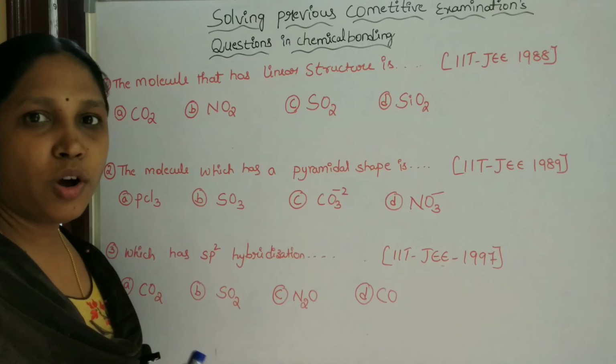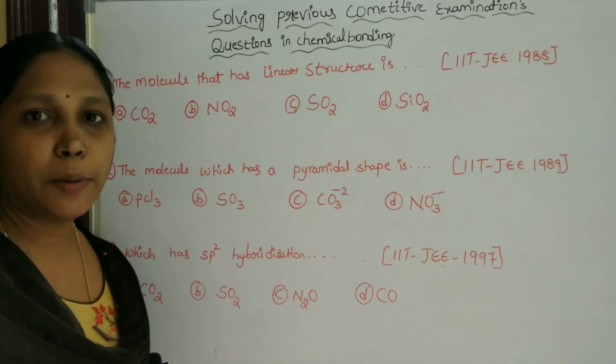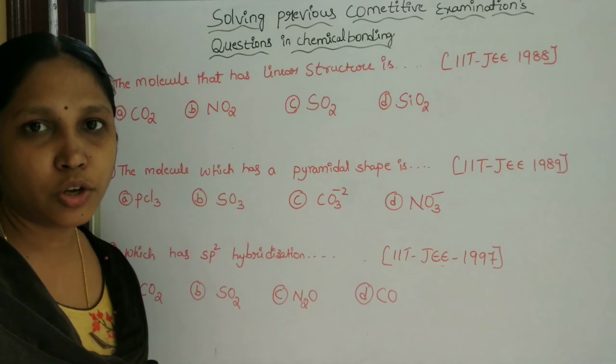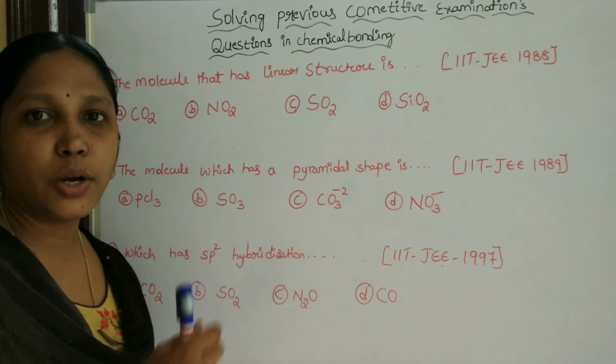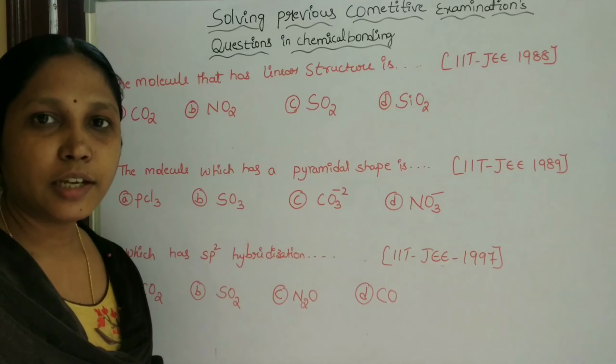If you want to know the structure of a molecule, or its hybridization, geometry, and the angles present in it, you must know what the central atom and the surrounding atom are. Next, which group of the periodic table the central atom belongs to. And third, what is the valency of the surrounding atom? What are the three points?